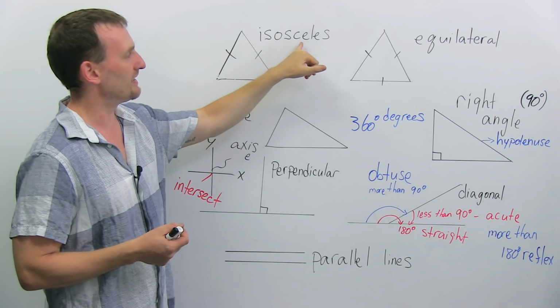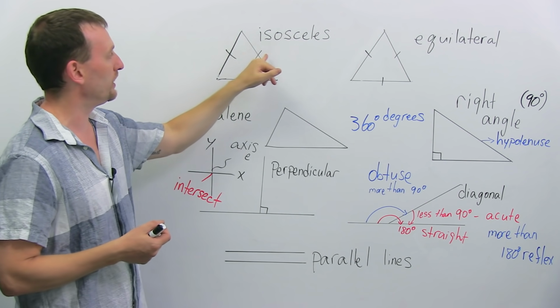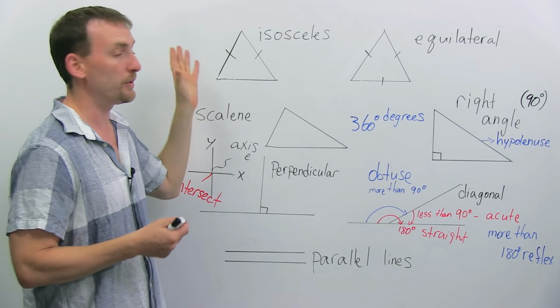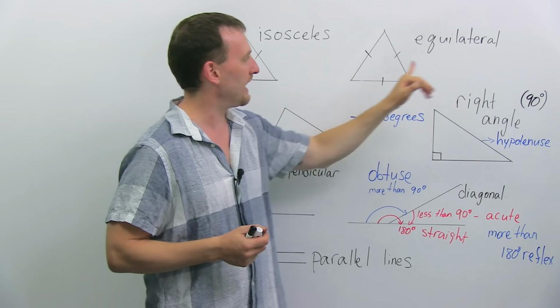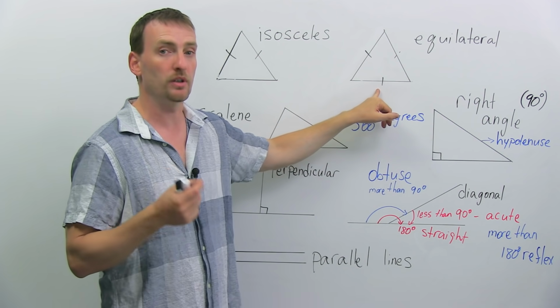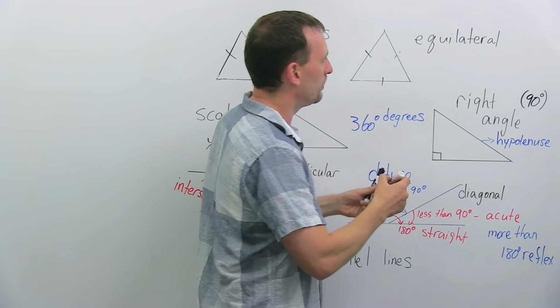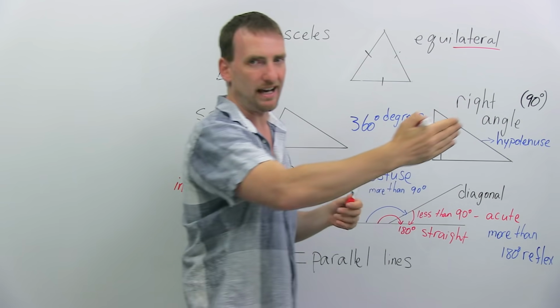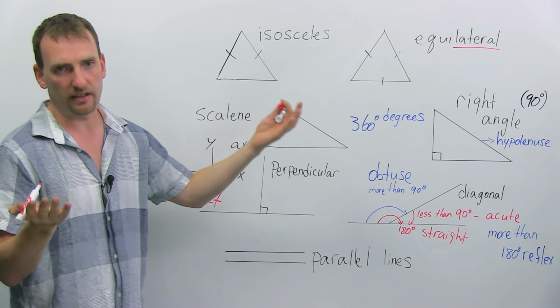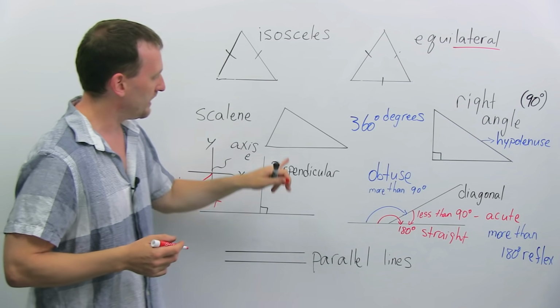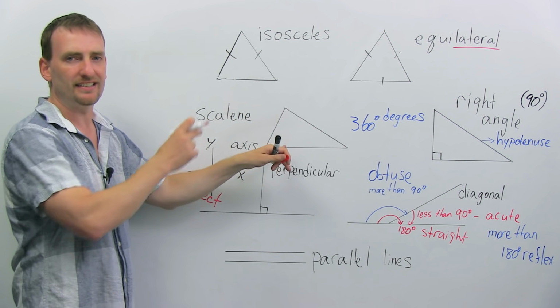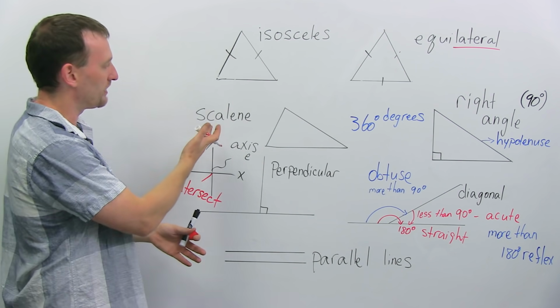Isosceles triangle has two equal sides and one that's different. An equilateral has all three sides equal length. By the way, just so you know, lateral means side, equi is equal or even, so equilateral. So equilateral, all three sides are even. And then when you have all three sides different length, we call this a scalene